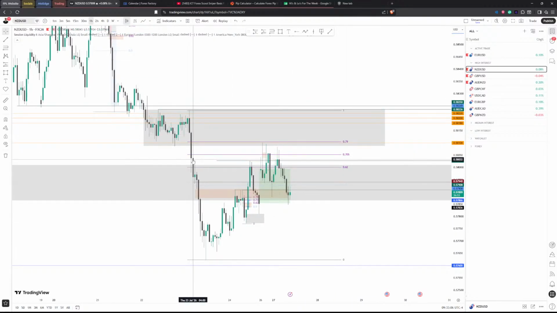So on the hourly, you can draw it here. I'll draw it just to make it a little bit easier to see. The reason why I can draw it here is because it lines up from this high to this low. We have this being the optimal trade entry from 0.79 to 0.62 right here. So 0.62 and 0.79 is where we have the optimal trade entry. And you can see price comes up almost right up to that 0.79 level.